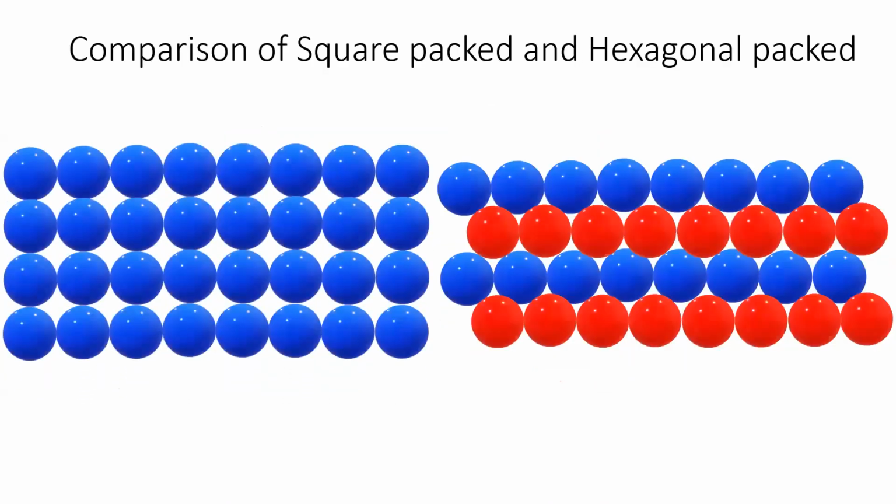Hexagonal close packing, sir. Why? Sir, because the intermediate space will also be occupied, so it has less empty space. Here it has a lot of spaces. If you look at the square close packing structure, we have a lot of empty space, but in the hexagonal close packing structure there is less when compared to this one. When compared to square close packing, hexagonal packing has somewhat less empty space, which means that they